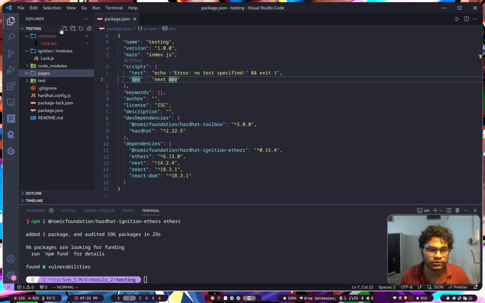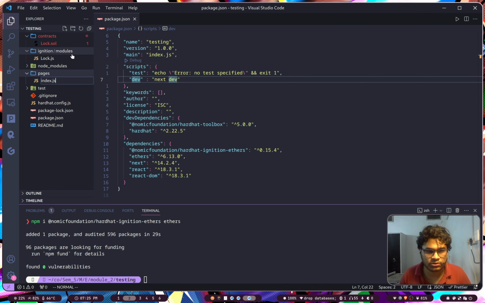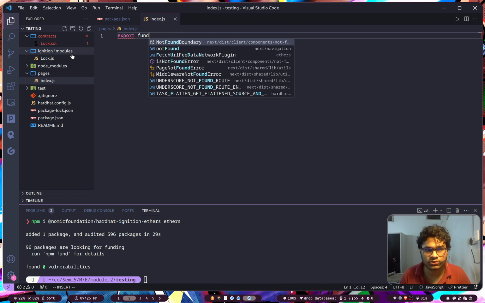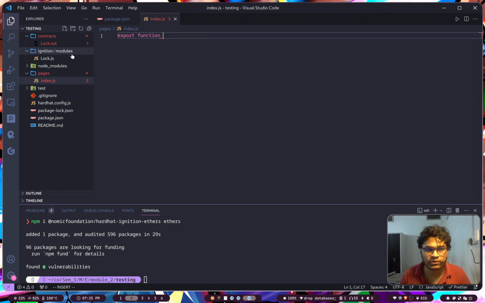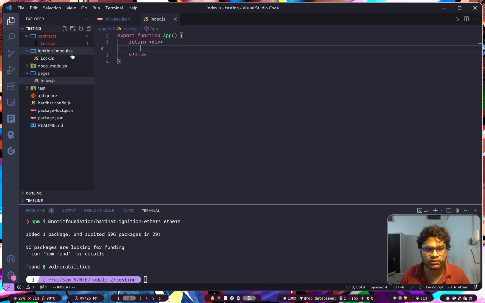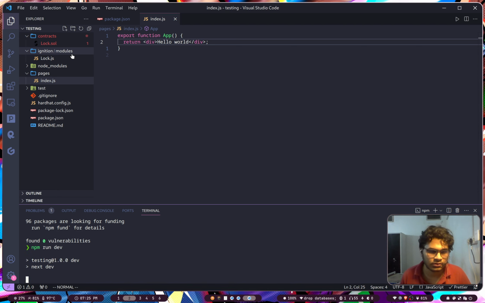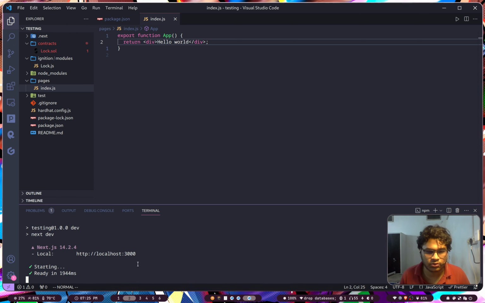And in the pages folder create an index.js and write your JSX code here. If I were to show you an example, it would be like this: return div, hello world, something like that. And if I try to run it, npm run dev, it will start at localhost colon 3000, and if we go there,